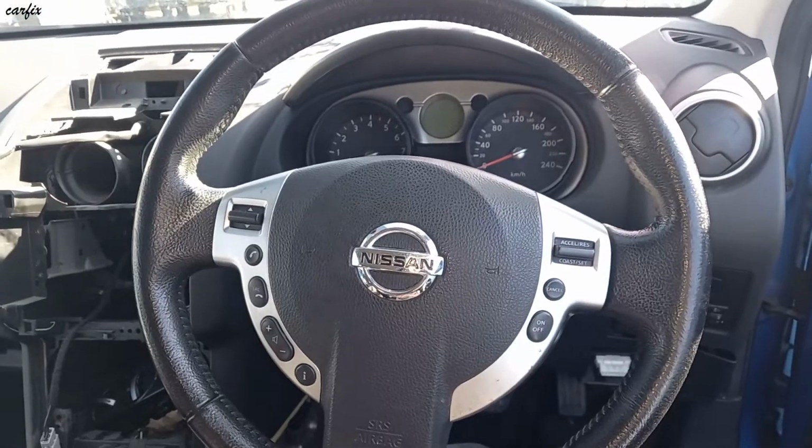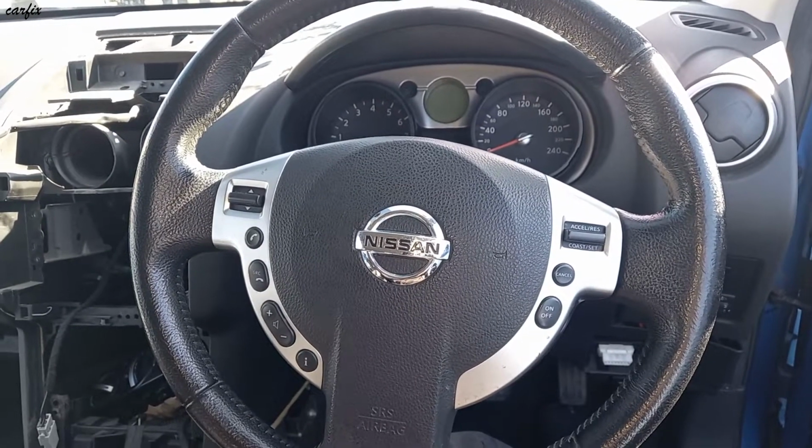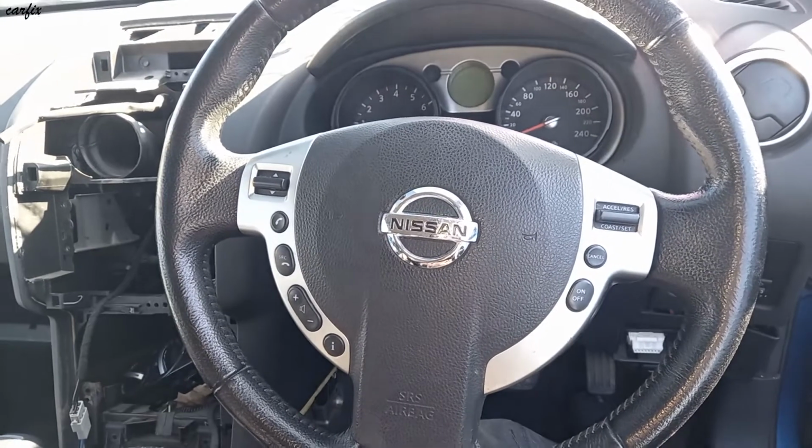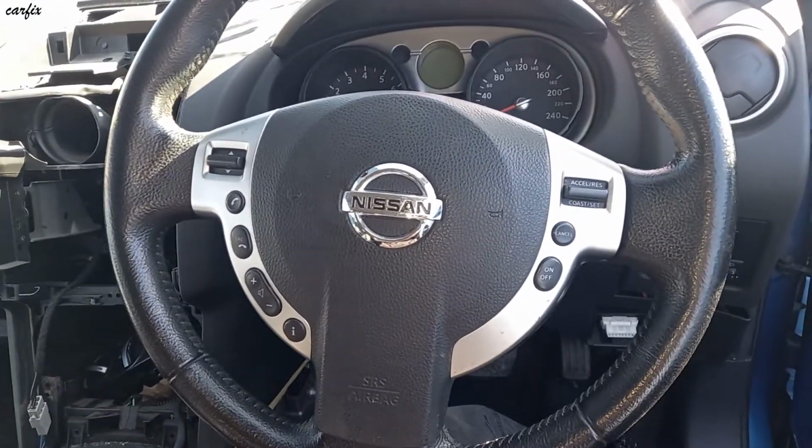Hi guys, this is a 2009 Toyota Dualis. Today I'm going to replace the ignition key barrel. So I already took off